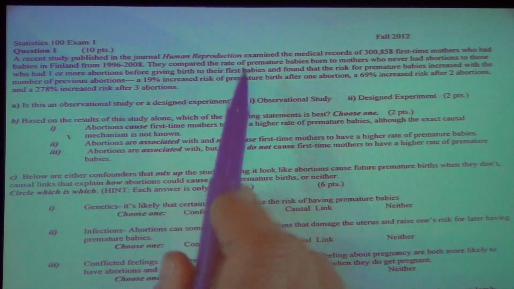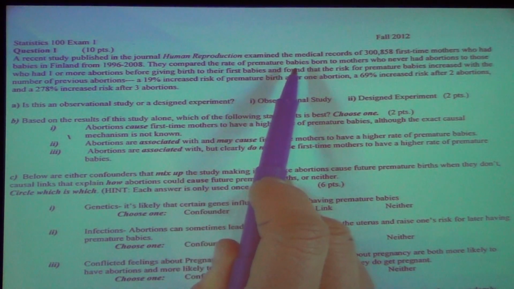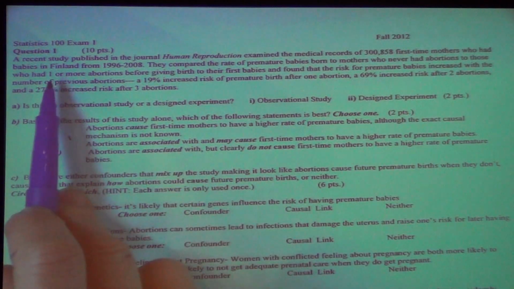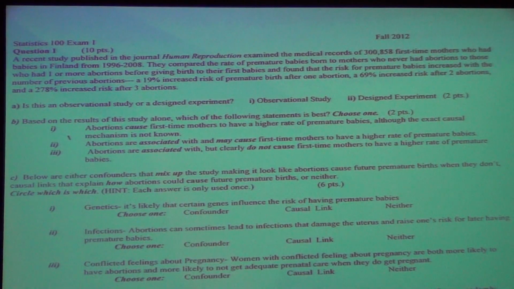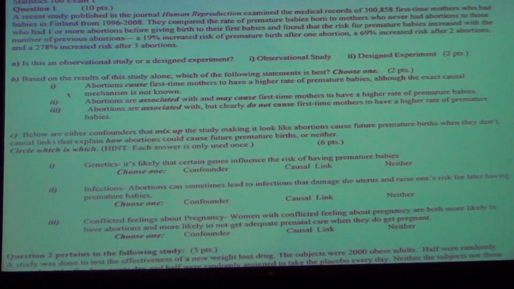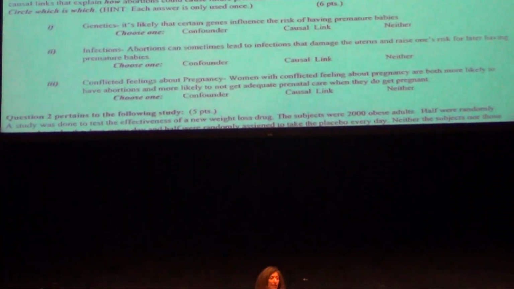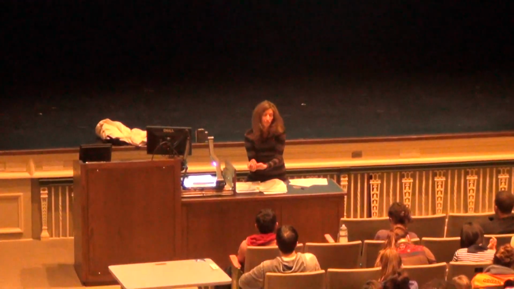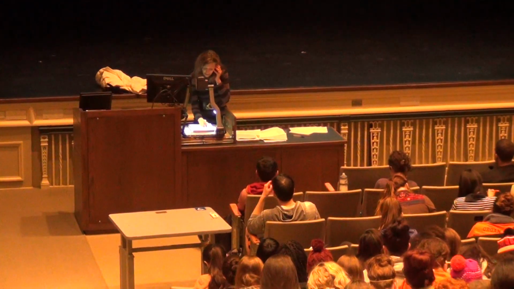They compared the rate of premature babies born to mothers who never had an abortion, and compared what percentage of them had premature babies to those mothers who'd had one or more abortions. Okay? And they found